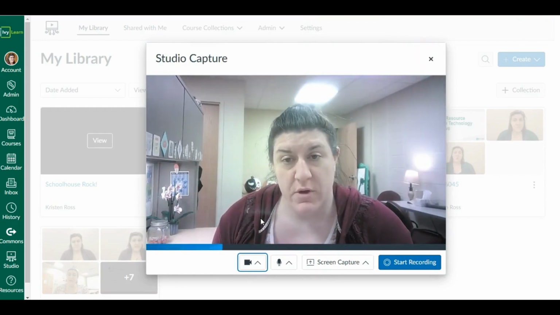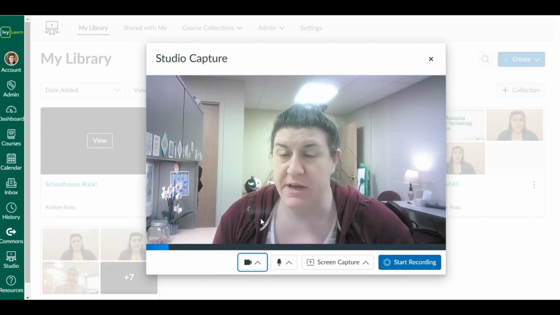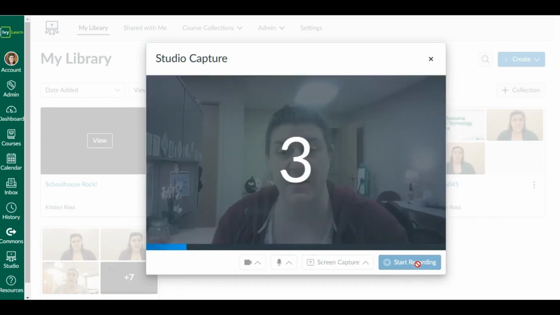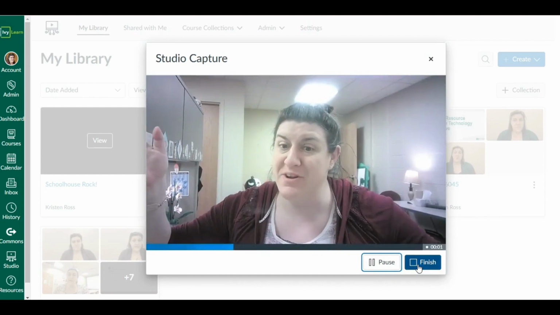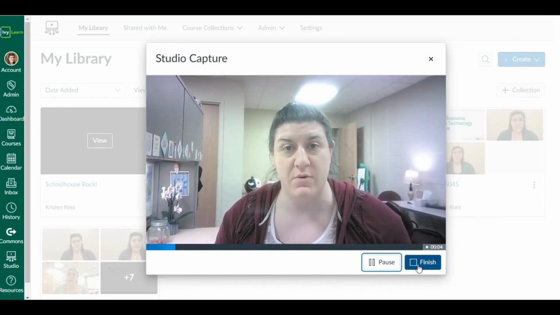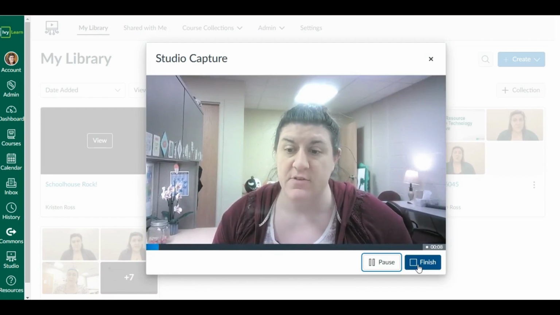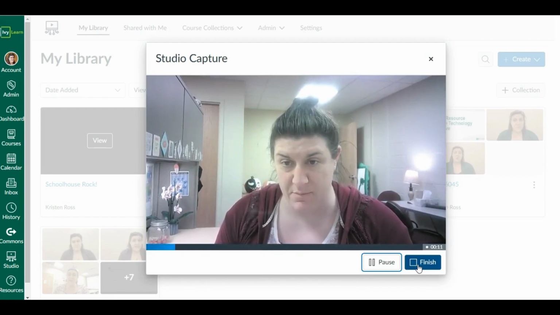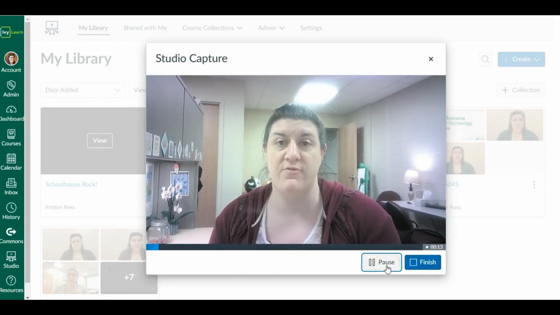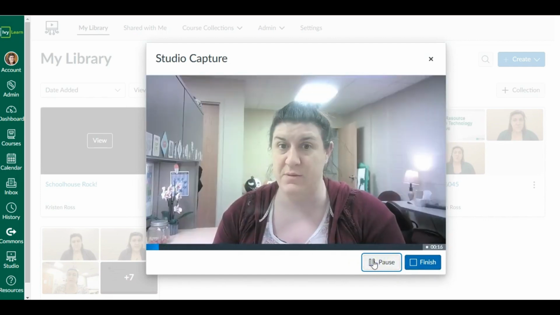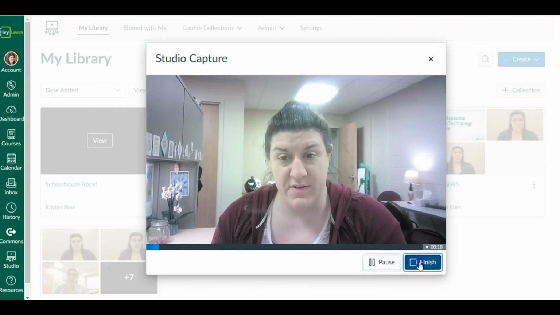Once you've selected what you want to record, so again, webcam or screen, you're then going to come down here to the blue Start Recording button. Once you hit it, it's going to count down, 3, 2, 1, and now it's recording. So whatever you do here, it will record and collect onto an MP4 file. So I'm going to make this pretty short, but you can pause. So if, say, you forgot something, oh, I'm pausing, it's going to let you know that it's paused. You can hit continue, and it picks up right where you left off, or you can finish.